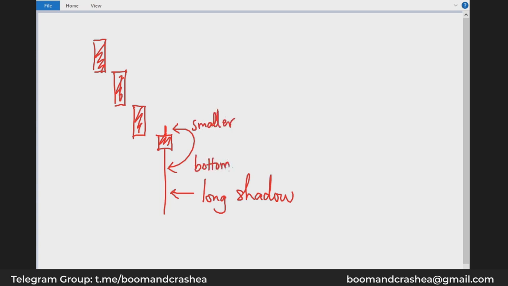And this is close to a doji, but this is not a doji. A doji is having something like this, the very small ones you see. But that's what we are talking about. This is called a hammer if it has a long shadow and a small body that is close to the high price. So usually the body is closer to the high price. That's why I drew the candle for you to see. It's closer to the high price than it is to the low price. So this is actually signaling a buy.